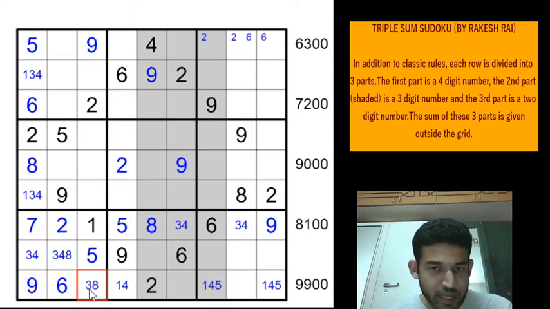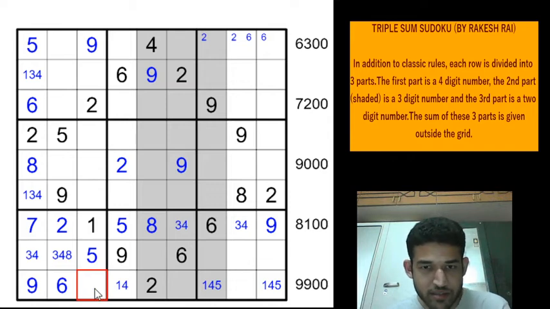If you have 8 here, then 8 along with the carryover gives 9, and then when you add these two digits you will get a total of more than 10. So you cannot have an 8 here. So this will be a 3, right? This will be a 3, and we can fill the digits 7 and 8. You have an 8 here, so this will be a 7 and this will be an 8.